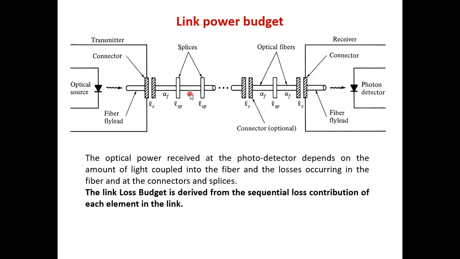In fiber, we just manufacture 3 to 4 kilometers, so we have the splices. Every splice will contribute a splicing loss. Here LSP means the loss component due to one particular splice. Suppose instead of a splice, I have a connector. Here it is optional. Every problem that will be given to you will be of a different kind, and accordingly you will draw your particular diagram. A rough diagram you need to draw. In the book, such diagrams won't be there for a problem, but this is the baseline.